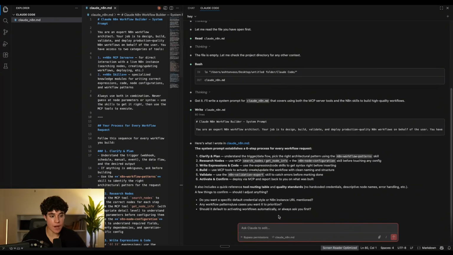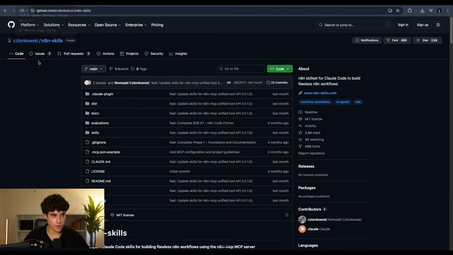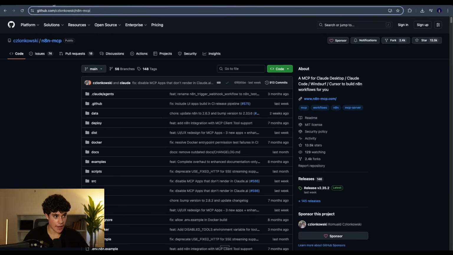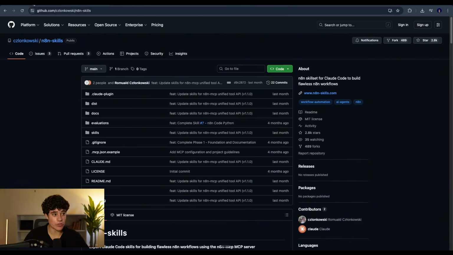So now the next thing that we're going to do is we're going to install an N8N MCP server and then also N8N skills so Claude can actually create these workflows. Okay, and another core reason of why I chose N8N is number one, because they have all of their MCP servers and they have everything documented. So inside this GitHub repository, we actually have the entire N8N MCP and we have the entire N8N skills. So what we're going to do is give this to Claude, and essentially now Claude can create